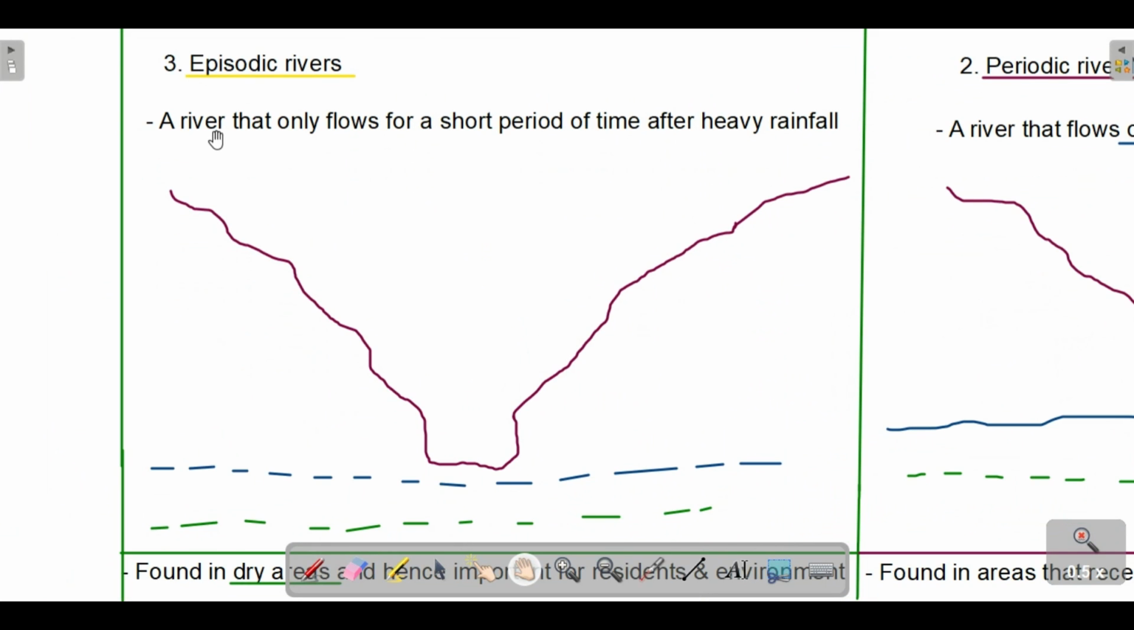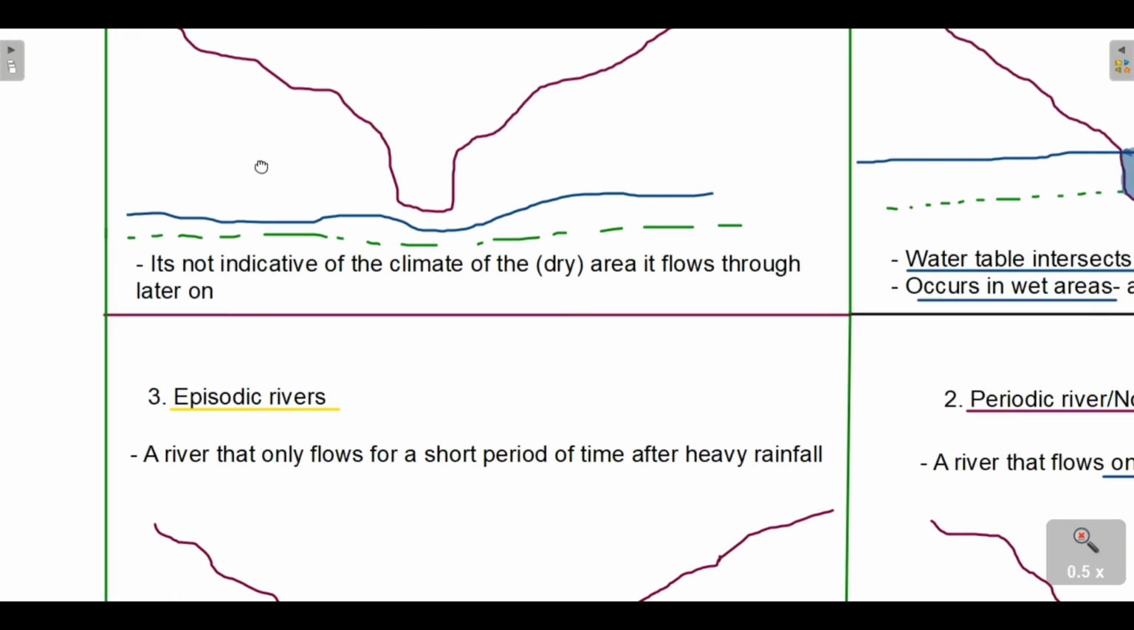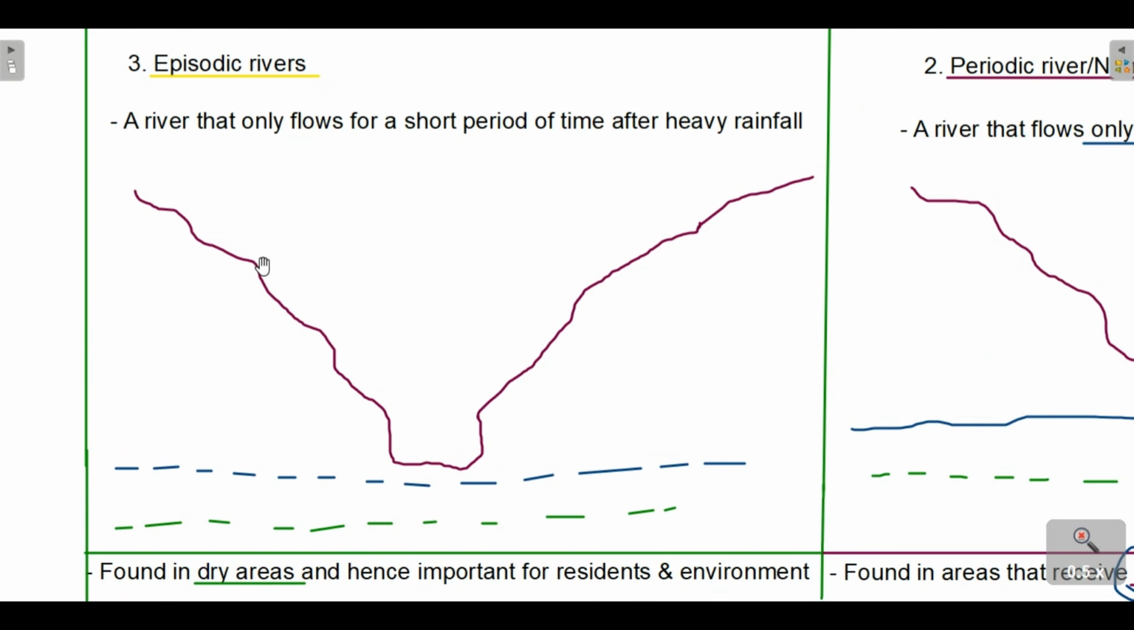Now the third type of river we have is the episodic river. These two types of rivers, the episodic river along with the exotic river, their water tables do not intersect their riverbeds in both seasons, during the wet and the dry season, right? So for the episodic river, okay,